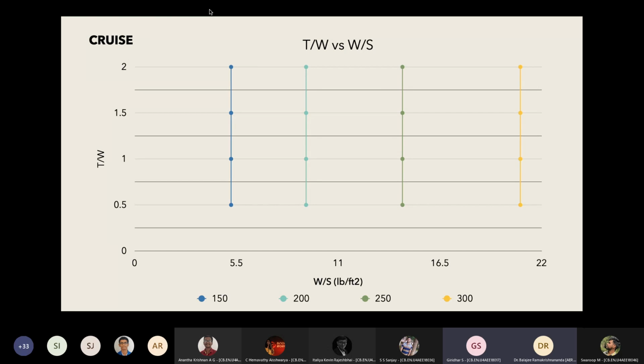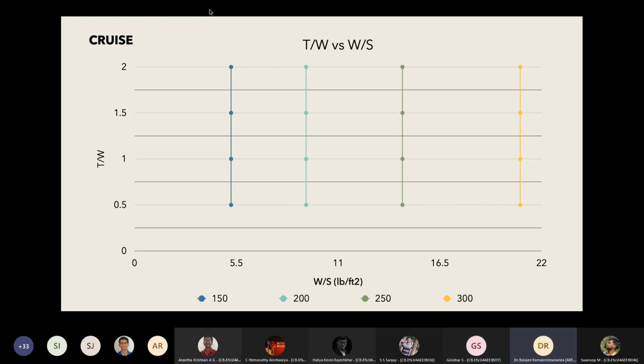So you're saying that for estimating the W by S, we have to do it this way. Yeah. So 250 is given to you. 300, it's fine with you. The yellow side is fine with you. But if it is 200 only you are getting, then that is less than what you wanted, so it's not okay with you. So only to the right of that dark green line is possible. Feasibility. Okay.